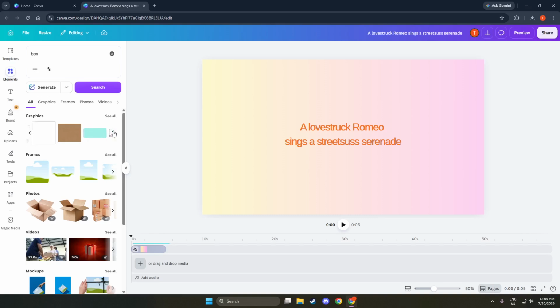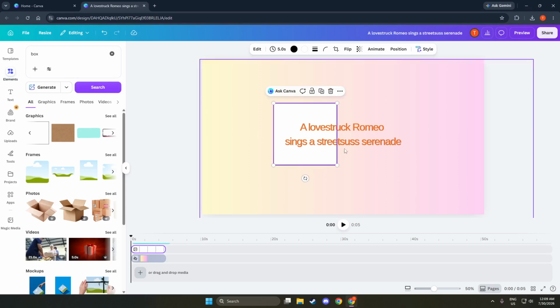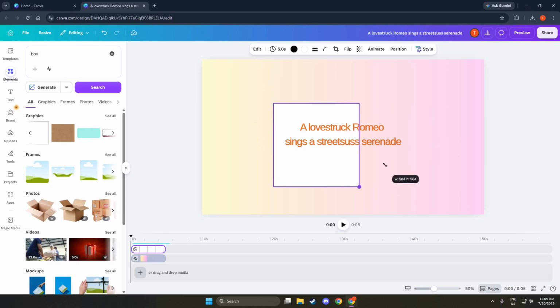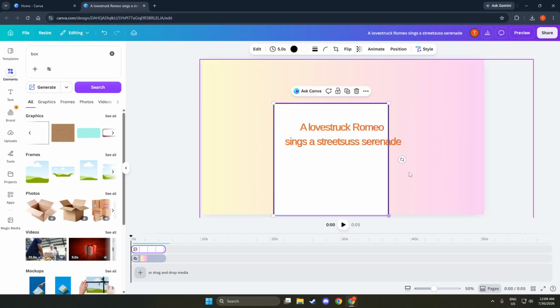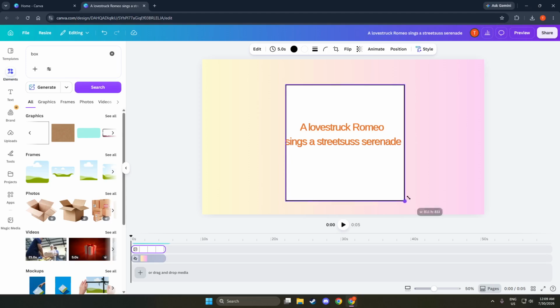Next up, choose the square or rectangle. These are the best shapes when people say they want a box in Canva. The square gives you an even box, while the rectangle lets you create a longer banner-style box. Click once on the square or rectangle in the shapes list. When you hover your mouse over them, you might see a thin outline that shows which shape you are about to pick. Selecting the right base shape helps your layout feel balanced later.